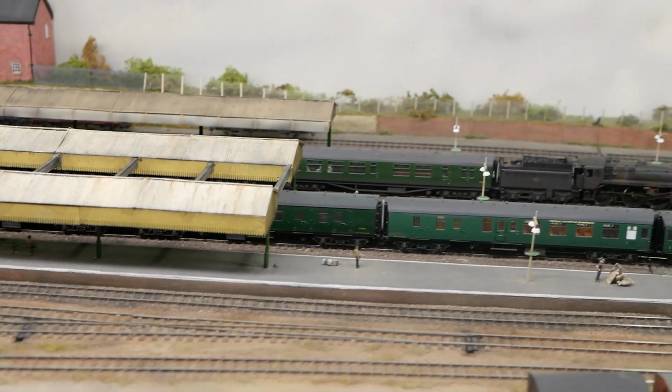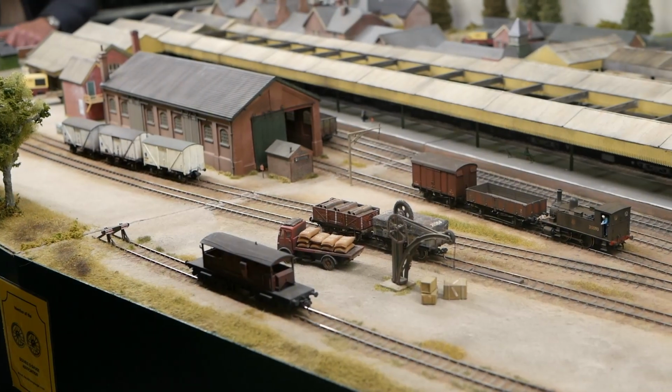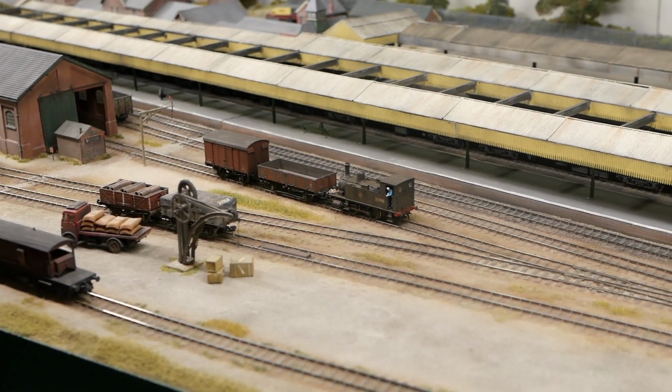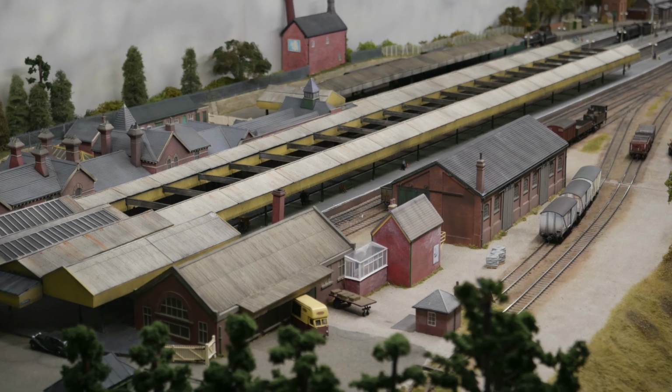This 00 gauge layout is Bournemouth West, exhibited by the South Coast Model Railway Development Group. Bournemouth West models the southern terminus of the Somerset and Dorset Railway, which closed in 1965. The layout is built at 00 gauge and is based in the